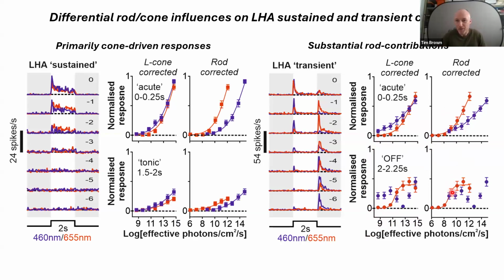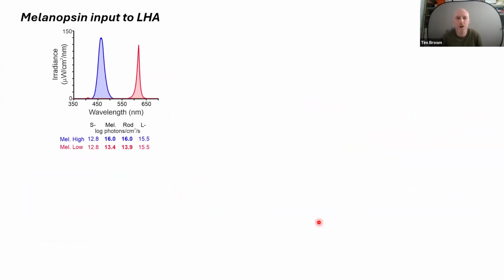As I mentioned, the other thing that seems to differ between these is obviously, whereas these cells have this sustained firing that shows evidence of a melanopsin component, it's lacking in the transient cells. We wondered whether maybe something about the stimuli we were using for these experiments was giving us a slightly misleading picture of the extent to which there were sustained melanopsin-driven responses in these cells, because these are quite short stimuli, and melanopsin's well known to be quite sluggish in terms of its light responses. So in an independent data set, in this case, collected with high-density electrodes targeting specifically the retina recipient regions of the lateral hypothalamus,